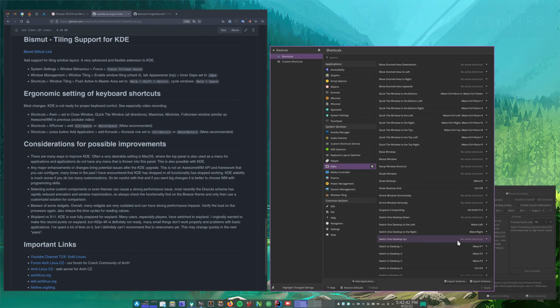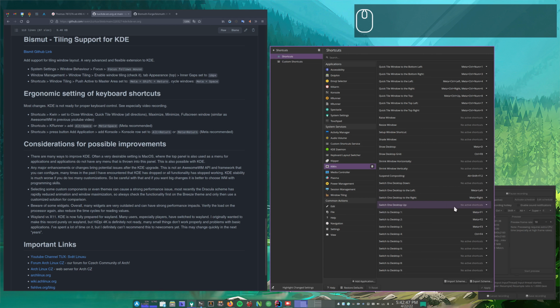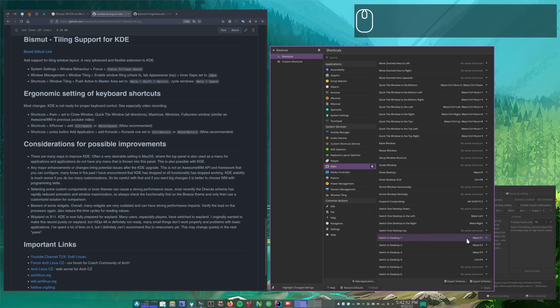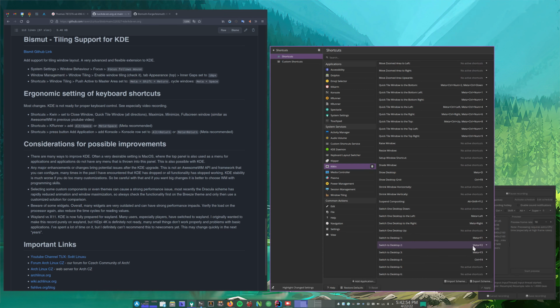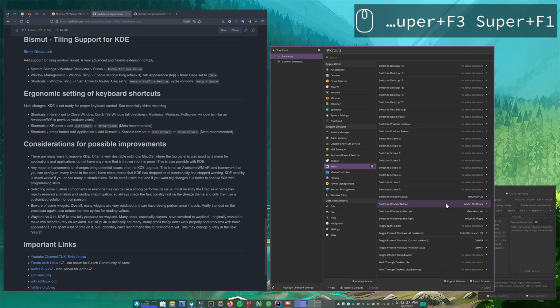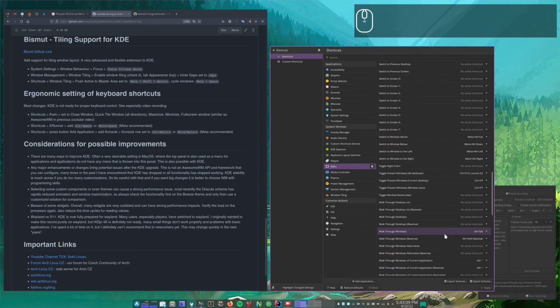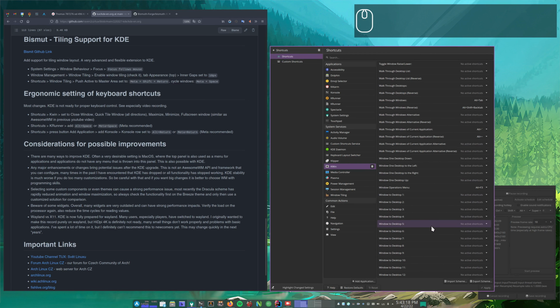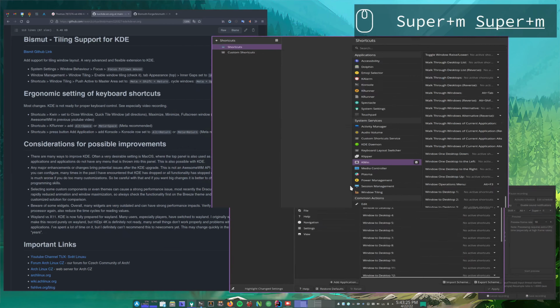Switch the desktops is Meta left and right, and of course the possibility to change directly is Meta F1, F2 and F3 for direct cycling of the desktops. Window above, window below, it's a standard. Alt up is standard, zoom. So we can use Super left and right, maximize, Super M,